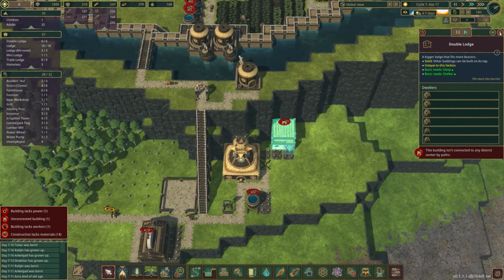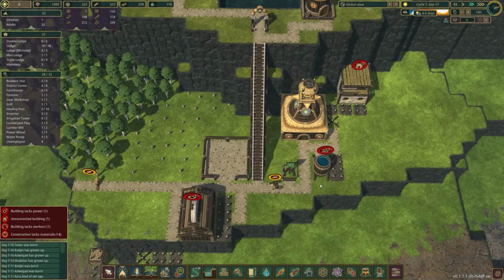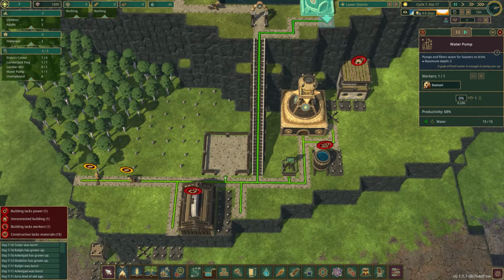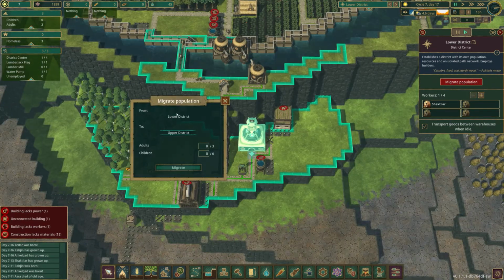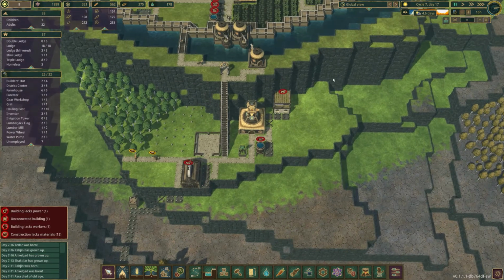So they got the double lodge built up, but we still need the logs and planks. So what's going on here? Oh, these guys need food. Shoot. Okay, so the other thing we need to do is get some blueberries in here. So I'm gonna move these guys back. So let's see, we've got 1, 2. It should be 3 guys, right? Yeah. Okay. So we're gonna migrate population from the lower to the upper. It's gonna be 3. Okay. So we're gonna go put those guys back. They're gonna get their food, and then we can do